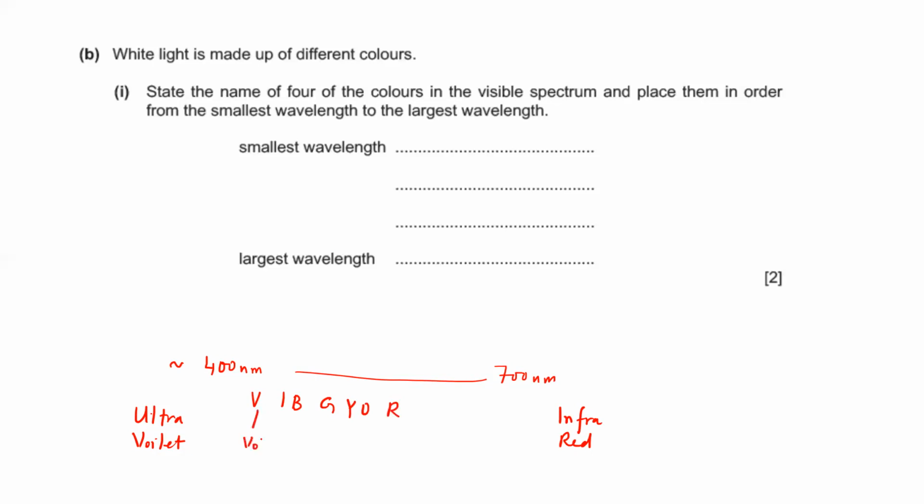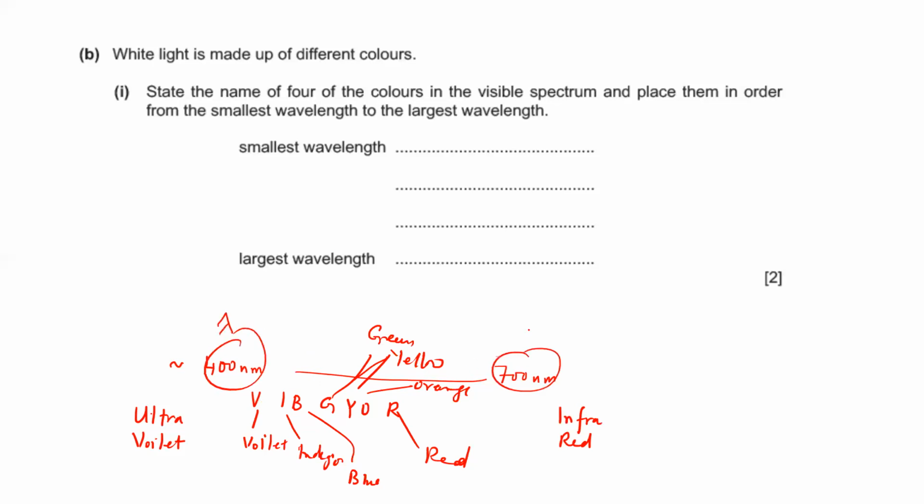So violet, indigo, blue, green, yellow, orange, red. Okay, smallest wavelength, you can now select any. This is my wavelength, this is lambda, wavelength. So smallest, you can use any combination: violet,